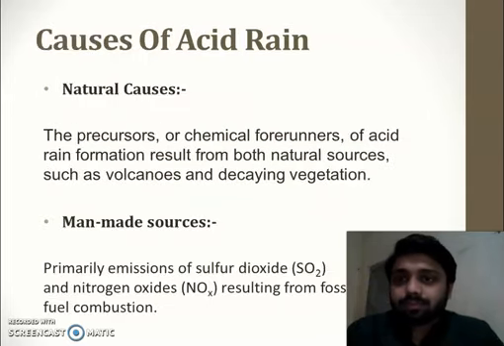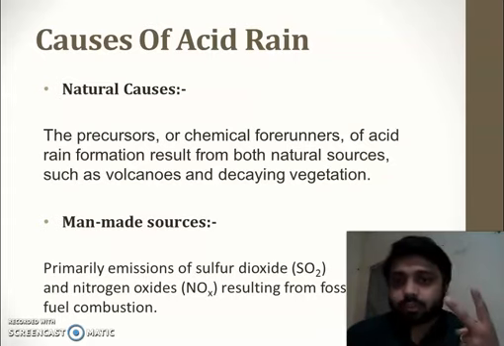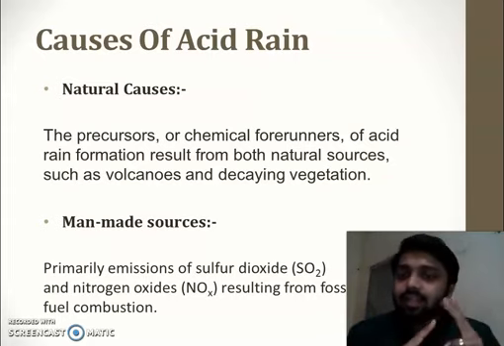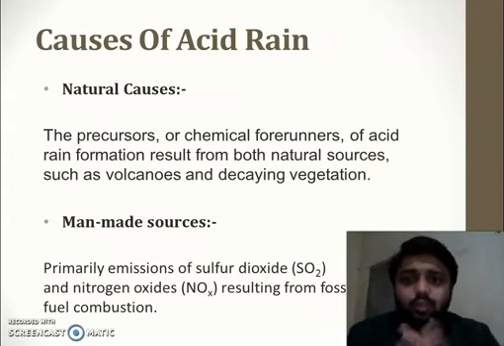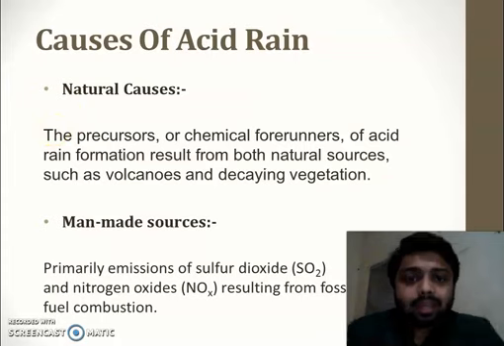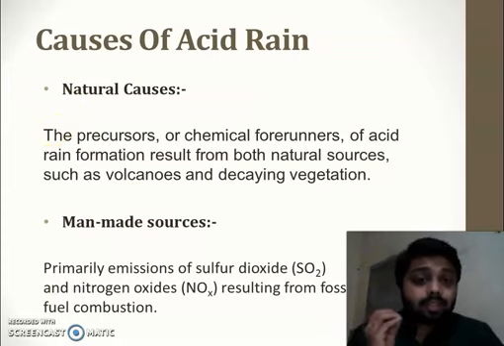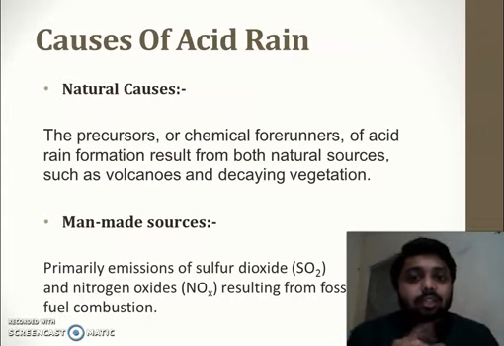Moving forward, you can see the causes of acid rain. As I already told, there are two causes of acid rain. First is the natural cause, second is the man-made cause. So what exactly are the natural causes? Basically two main natural sources: you can see volcanoes and decaying vegetation. That means live volcanoes that emit lava also produce gases, and decaying vegetation, that means some plants, also causes gases